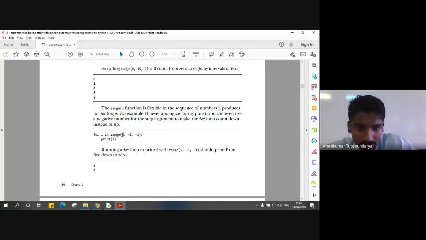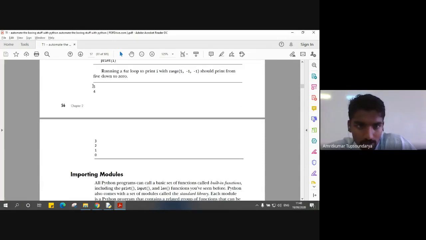As you can see here, the start point is 5, the stop value is -1, and the interval is -1. So 5, 4, 3, 2, 1, so on up till 0. And when it encounters -1, it gets out of the loop. As you can see here, that will be the output that we will be able to see.